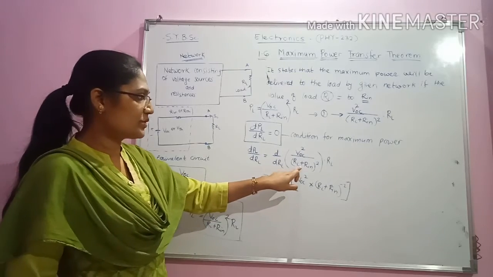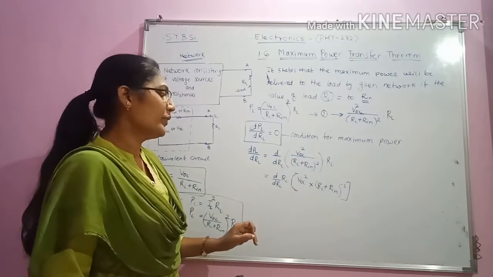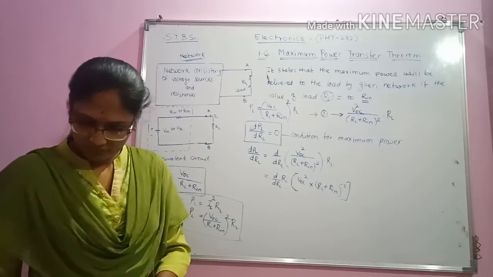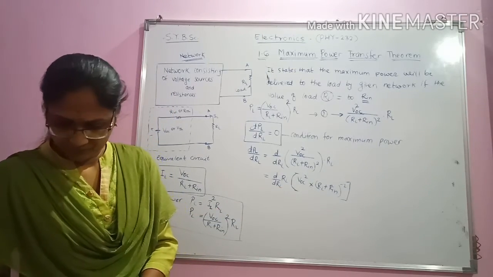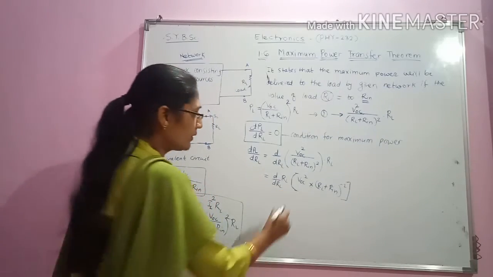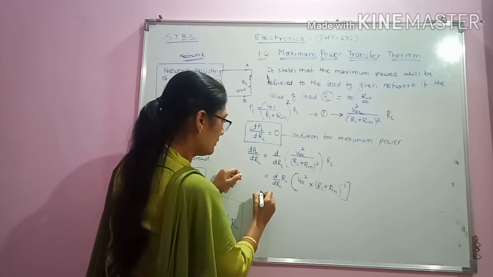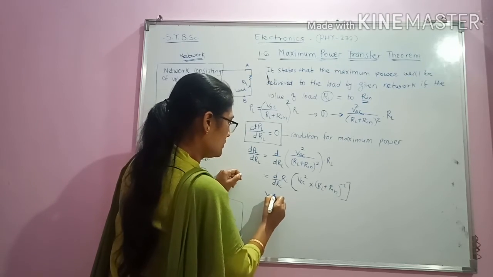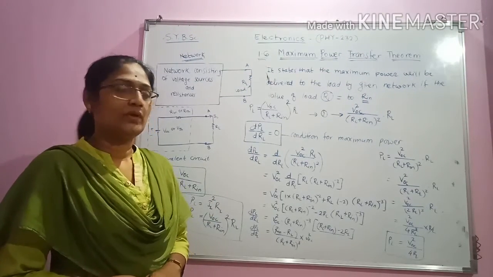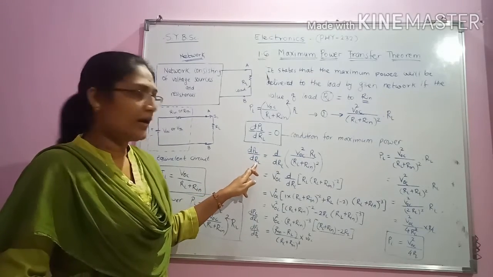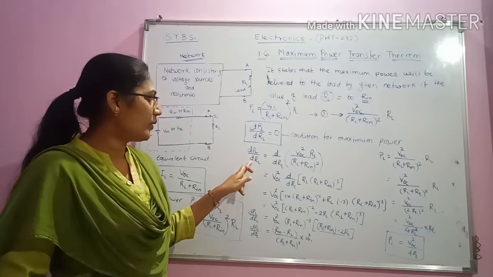We have taken this term to the numerator. And now V_OC square is common. Here V_OC square is common. Now we have to take the derivative of P_L with respect to R_L, and it is given by dP_L upon dR_L